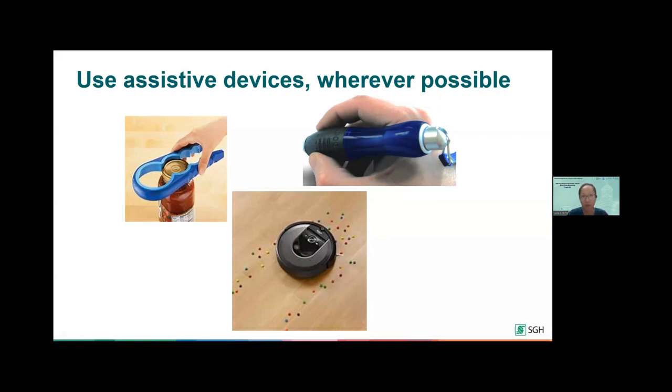So how I sometimes get my patients to make do with one is using foam to tie around, let's say, the handle of their ladle or the handle of the pen, and then making use of a rubber band to tie it around to increase the grip, so they don't have the grip so tight in order to prevent the pen from slipping. And of course, what we see at the bottom is a robot vacuum to take over the task of having to constantly grip onto the hand vacuum when one is vacuuming the floor.